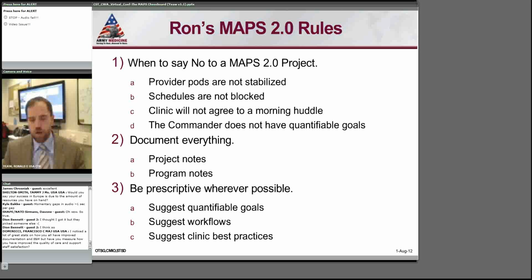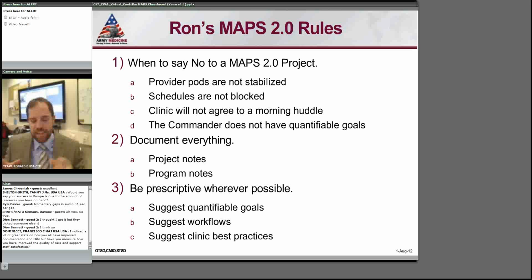You need to talk to them about what are your pain points. Is it maybe your group practice manager? Is your empanelment low? Are you having problems? Is your templating all over the place? Is the front desk a problem? Are you trying to improve morale? Is it the fact that the staff hasn't been trained enough and they can't do their job effectively? We can get after all of those things and